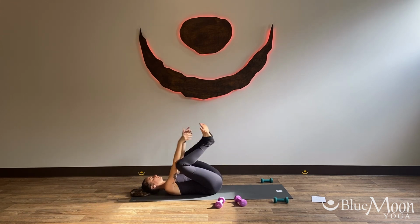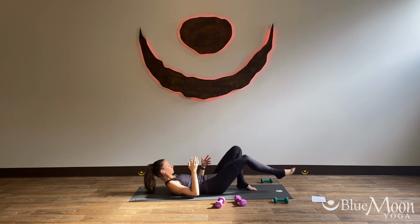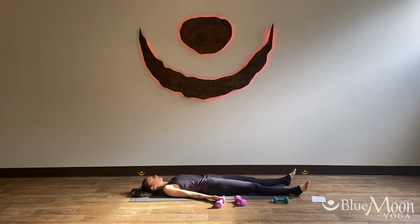Good. And then one more last squeeze, and extend your legs long, coming into your Shavasana. Take a big inhale through your nose and an open mouth release. Take one more breath just like that and allow that breath to completely let go, allowing your body to settle